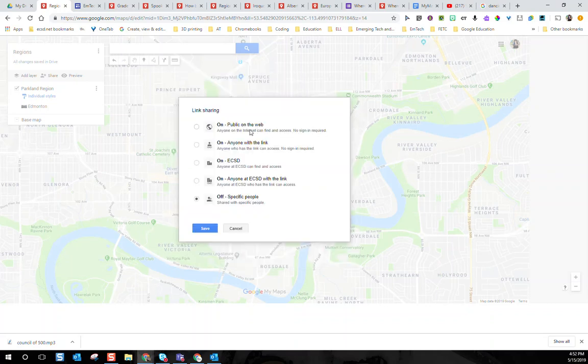All right. The other thing I want to do is change who can access this. This is where I can put it public on the web so that anybody with the link can view. That allows people to view my mind map and the content. And I want to definitely do that before I assign this to my Google Classroom. Especially if you're going to embed that.